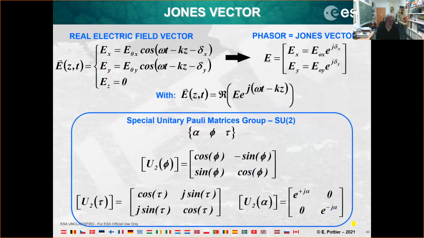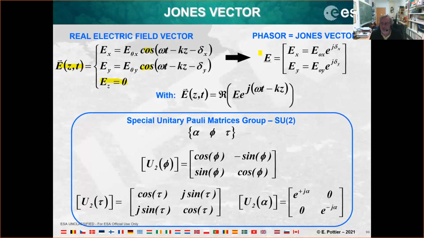Okay, so on this slide, we can summarize all that I have presented to you about the definition of the wave and the definition of the polarization. We start from the solution of the propagation equation, which is the following, which gives us the information that it is a plane wave. I have no components along the z direction. It is a plane wave, and it is a sinusoidal plane wave because it is a cosine. So this is a representation in the time domain and space domain.